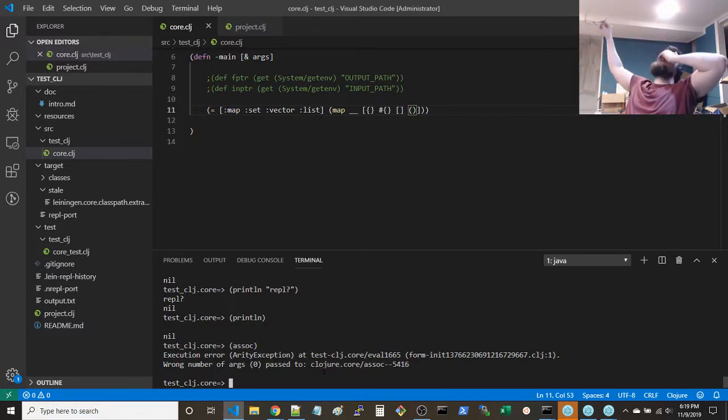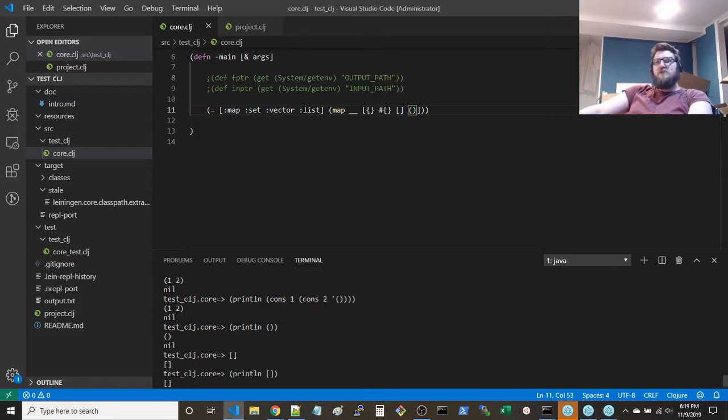What this is doing is, oh wow, that's very interesting. It's executing the command, and then it's printing the result of the command. So when you print, the result is nil. So it prints nil, but it also executes print. So it prints to the REPL, and then prints nil. Oh, that's very interesting.